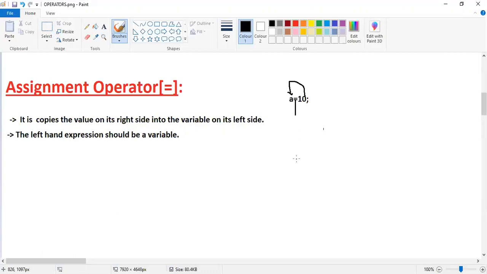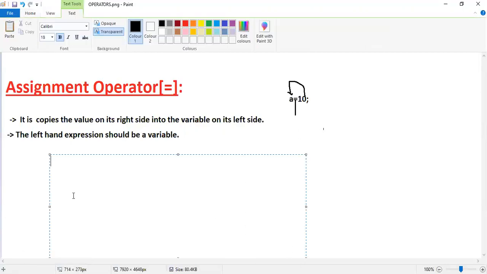This is the correct way to assign a value to a particular variable. For example, a is equal to 10, then a becomes 10. And one more thing, int a means we are declaring the variable as int type.